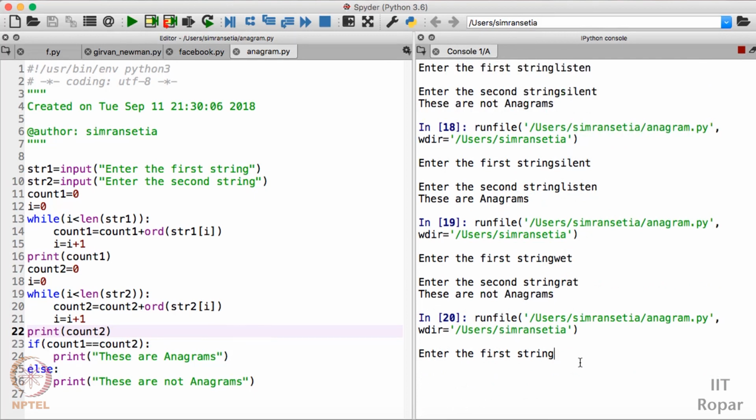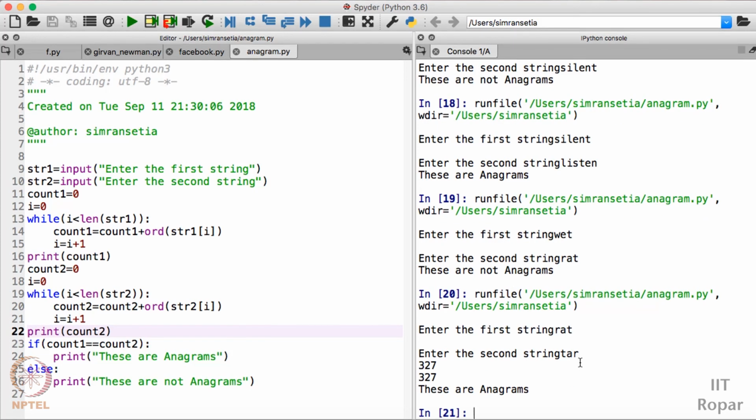Let us take the strings which are anagrams. I'll write rat, then I'll write tar. So see, count 1 is 327, count 2 is also 327. Since both are anagrams, this should be the same, and our program is giving us the output, these are anagrams. Since we already know that these are anagrams, it is giving us the right output.